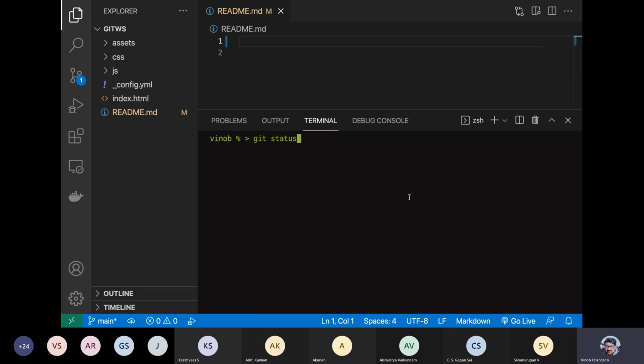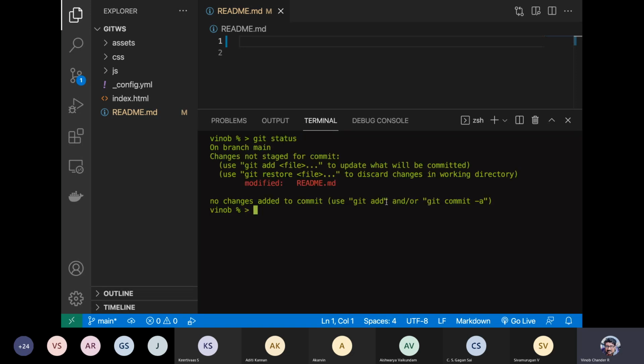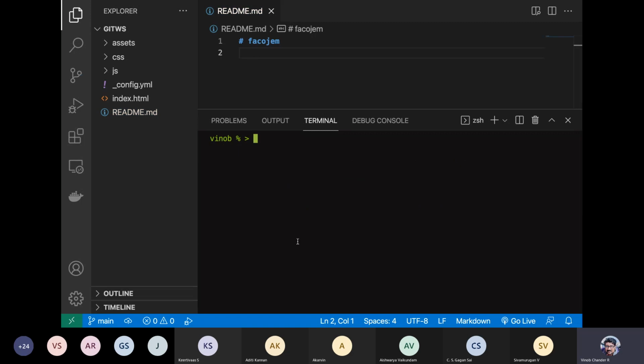And if I do a git status, you're in the main branch now, and then you need to do another restore so that your particular file gets restored. So you just say restore, and now you can see this has come back.